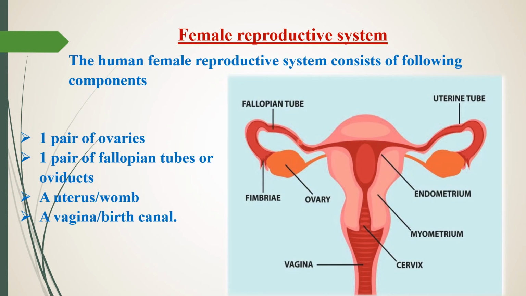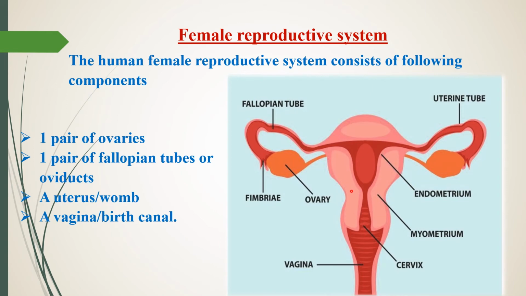This structure is called the fallopian tube, and the right side also has a fallopian tube. In the ovary there is production of the ovum or egg cell, and in the fallopian tube there is fertilization of the sperm and egg, and after that there is the